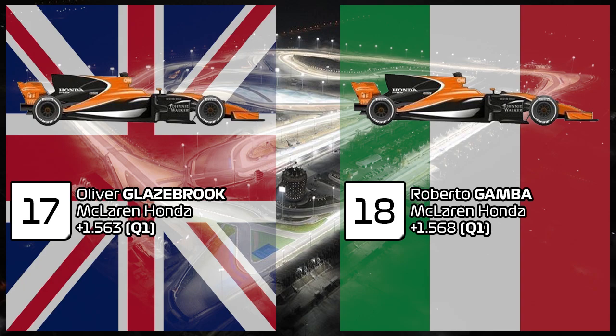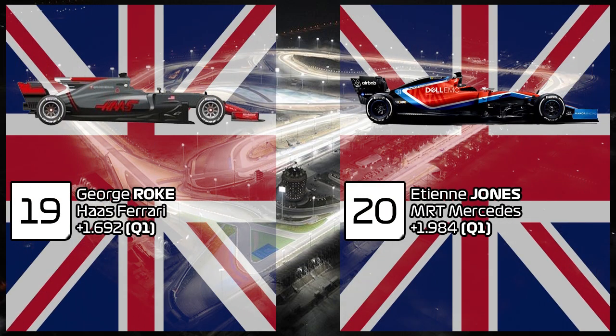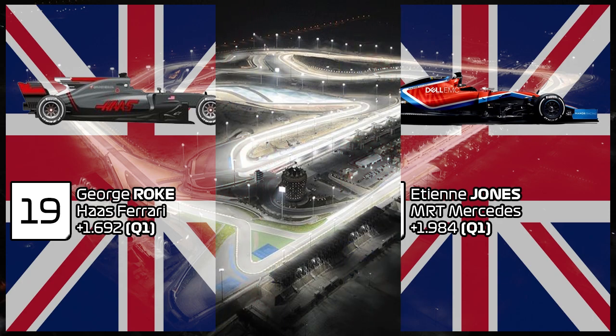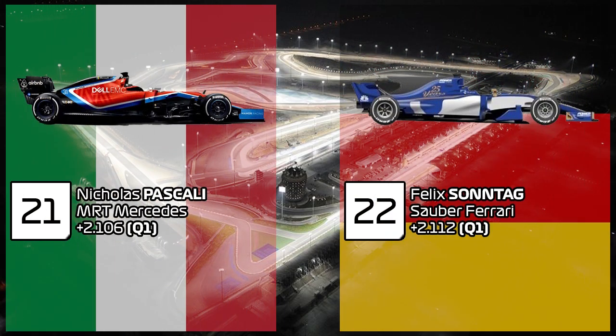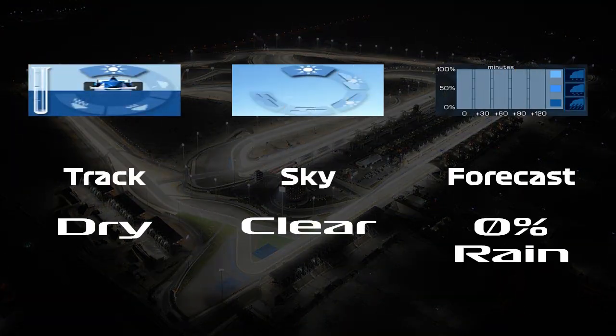17th and 18th are Oliver Glazebrook and Roberto Gamba for McLaren. On the 9th row, or the 10th row of the grid I should say, is George Roque and Etienne Jones. Roque, who's so far yet to qualify higher than 19th position on his return. And on the back row of the grid we have Nicolas Pascali and Felix Sontag for Sauber. So that's the grid for the Bahrain Grand Prix, and of course, no surprise, 0% chance of rain, although we